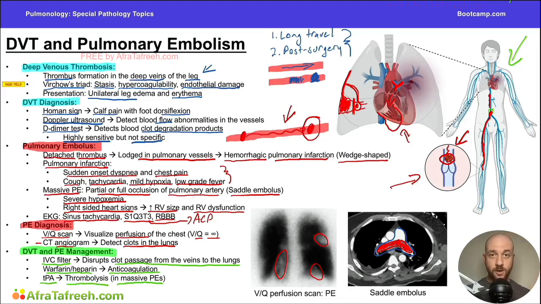So remember, a classic boards question setup is someone that has had a long plane ride, a long car ride, or a prolonged hospital stay after something like a hip surgery, and now all of a sudden they're going into acute respiratory distress. One of the main things you should be thinking is they may have developed a DVT that has broken off and now has